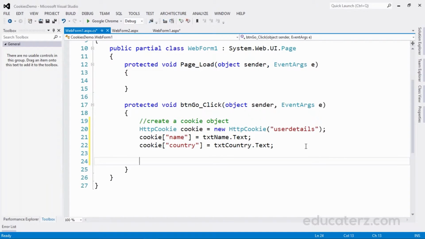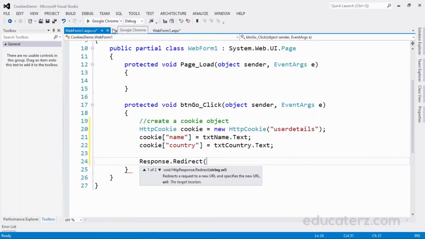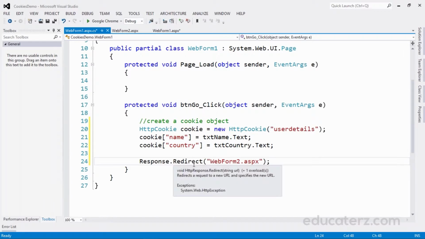In order to travel from one web page to another web page, we'll be using Response.Redirect. Then it is expecting a string URL where we wanted to go, this WebForm2.aspx. That's it. Now the control will go from this place to this place.